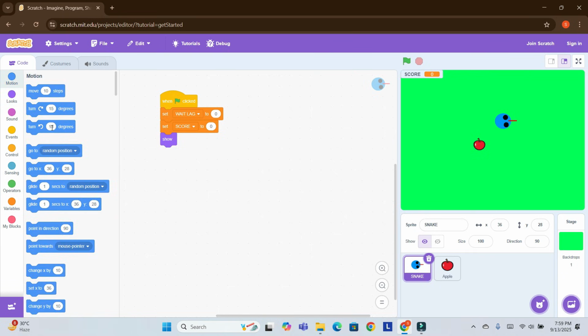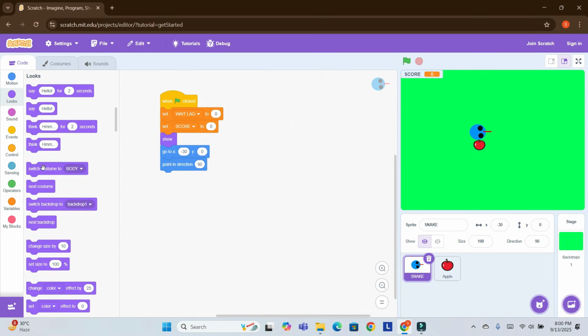And now go to motion and set its position x minus 30, y 0. So it will be a good position. Now point in direction 90. Now switch costume to snake head.